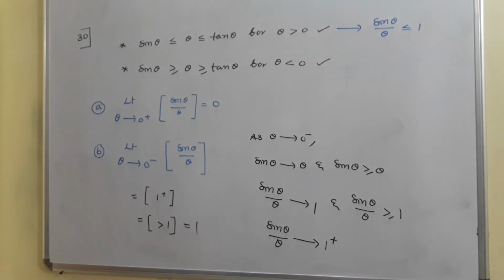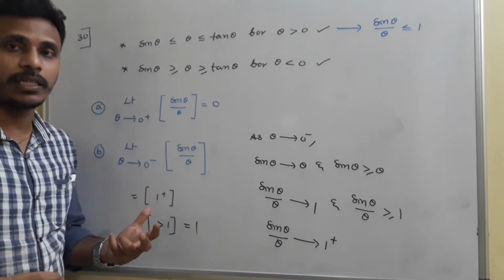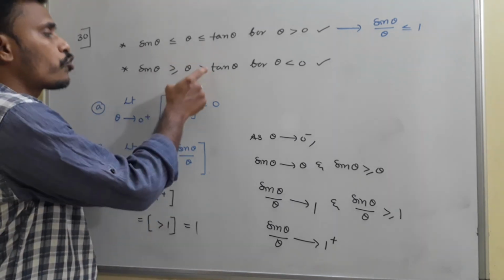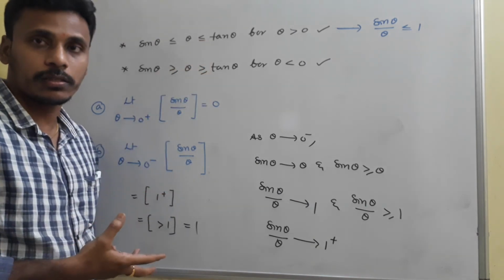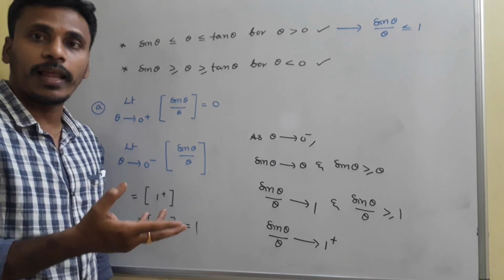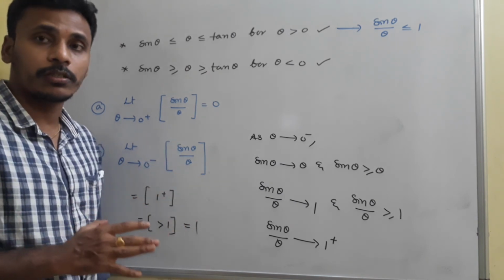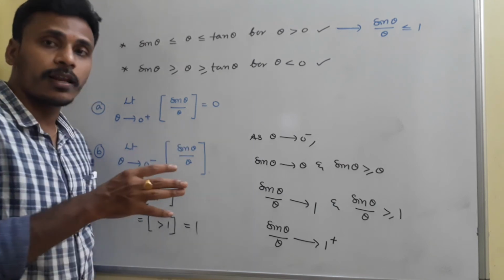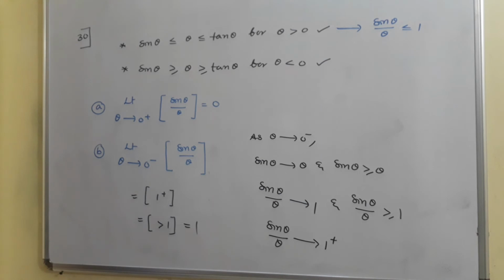All these discussions, finding the left-hand limit and right-hand limit for the step of sin theta by theta, are possible with these two statements. To generate these two statements, we need geometrical analysis. These limits can't be found using L'Hospital's rule. We have no choice to find these limits using series expansion. To find these types of special limits, we need to go with the geometrical analysis. That's enough. Have a look.